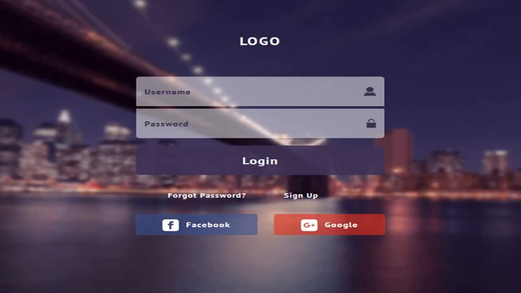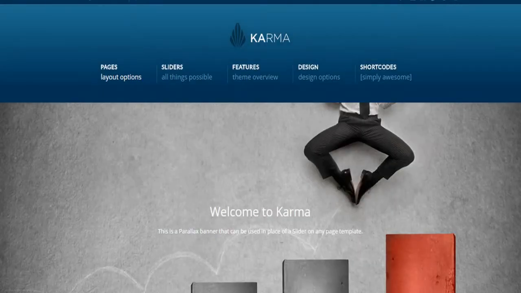See this also. You always use it in Facebook with username and password. This is also an example of a website. Fourth one, this is also a website. Okay, there are many websites. Now see how to make an impressive website.